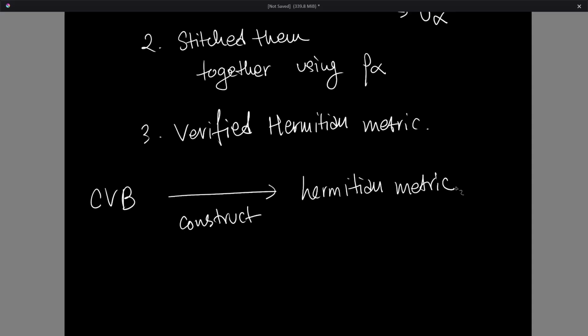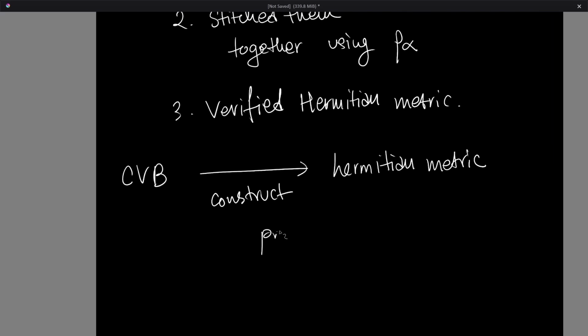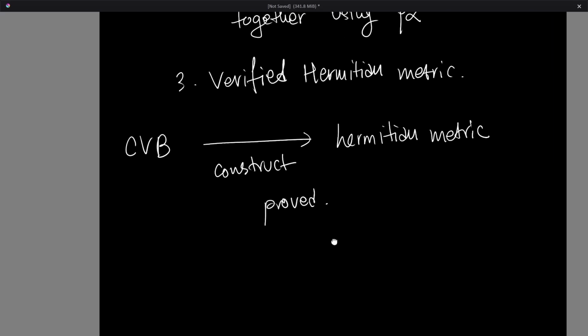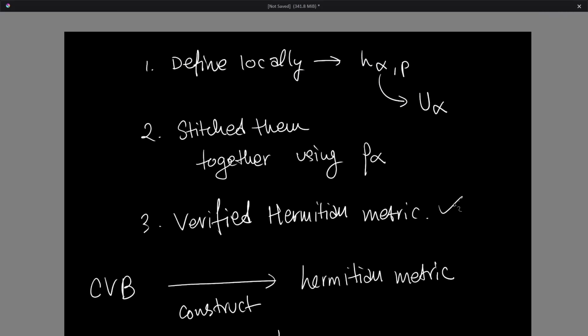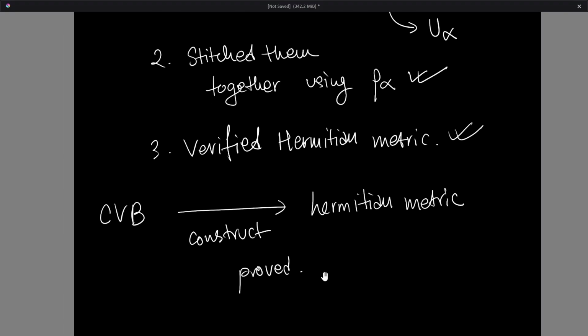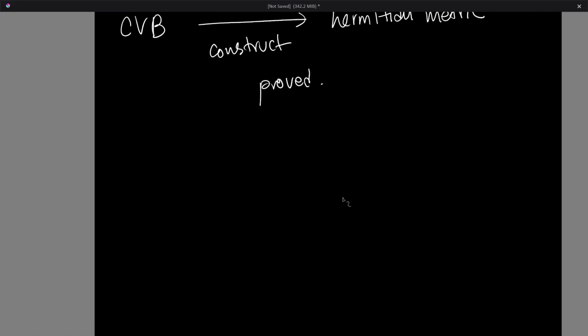So that is proved. Now you would actually have to go in and check all of these things and make sure that the calculations work out in each of these steps, but that's essentially how we're going to do it. And the next proof is actually very similar. But before we get to the next proof, we're going to have to